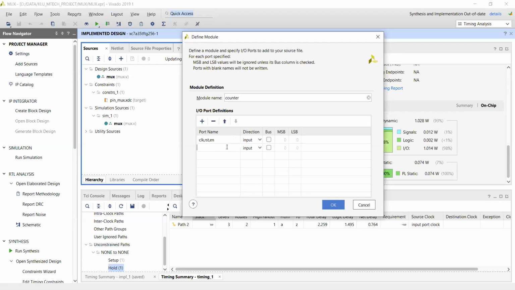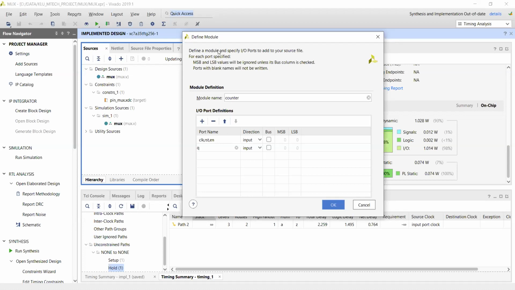And for that, the output must be Q. If you have seen counters in your academics, you can identify that counters are designed by using what type of module? Anybody can give the name?